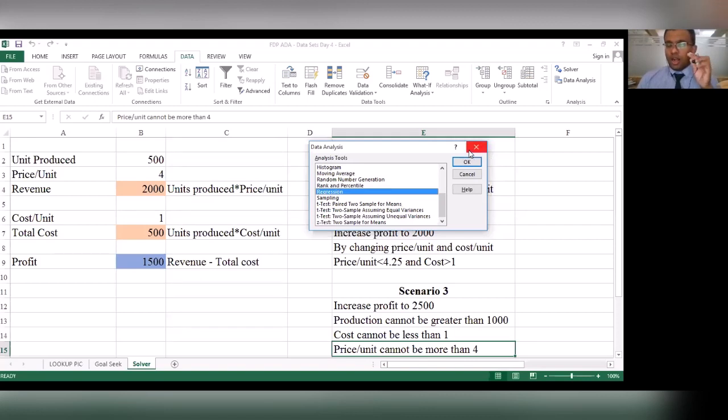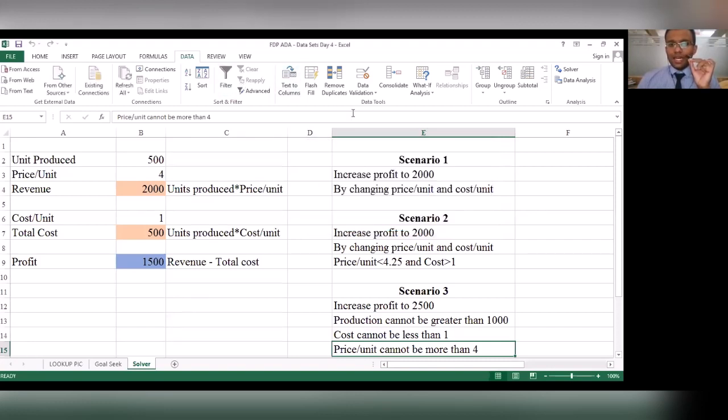Since I got a number of requests yesterday, I may not be able to cover statistical analysis as a part of this FTP, but at least I will be happy to share how you could use Microsoft Excel to carry it out. With that being said and done, we have come to the end of this 4 days FTP on advanced data analysis.